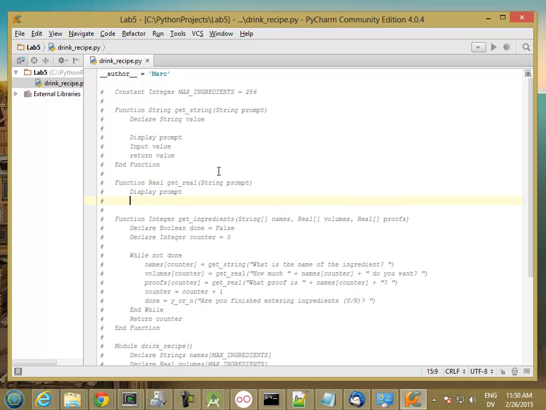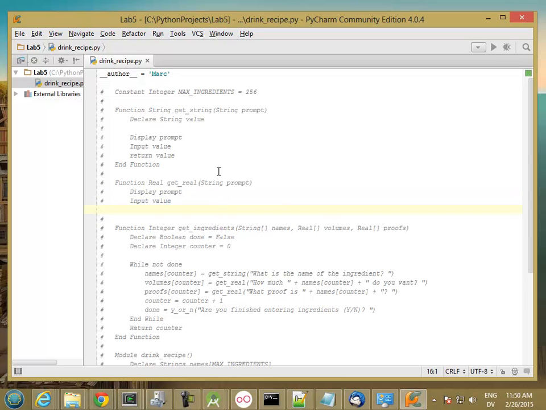And then input value. And now what we have to do is we have to have a loop here. So while, and then I'm just going to put English text here because exactly how you do this really is language dependent. But while not value is a real number,